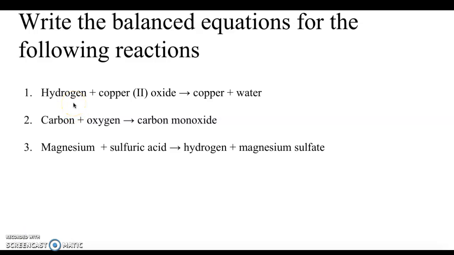So here we have hydrogen as a free element, so that's H2. Remember that the 2 goes with the metal, so this is copper plus 2 oxide. This would make CuO as your formula, producing copper, and then water, H2O. Carbon, oxygen is diatomic. Carbon, 1 carbon monoxide, so CO. Magnesium, so just Mg. Sulfuric acid, H2SO4. H2 for hydrogen gas, magnesium sulfate,